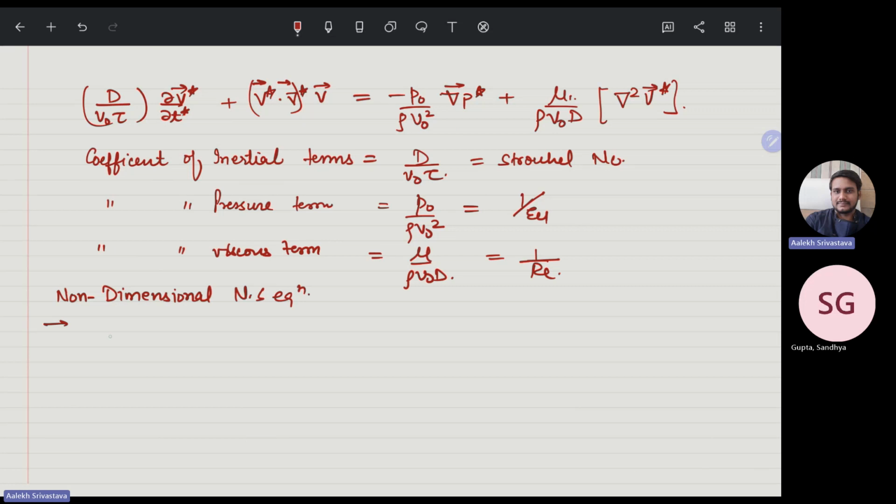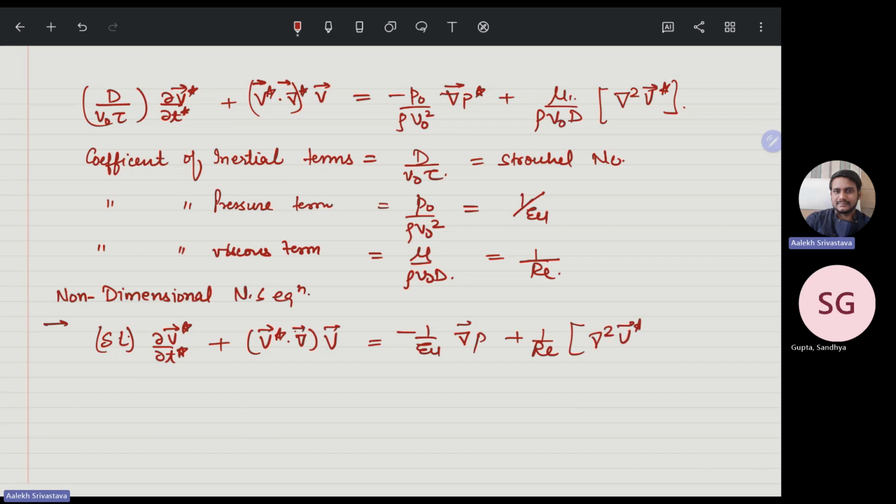It is this Strouhal number into del V star by del T star, plus this term, again a non-dimensional term with a coefficient of 1, minus 1 by Euler number, gradient of P star, plus 1 by Reynolds number, gradient squared of V star. So in each of the terms, if you see,